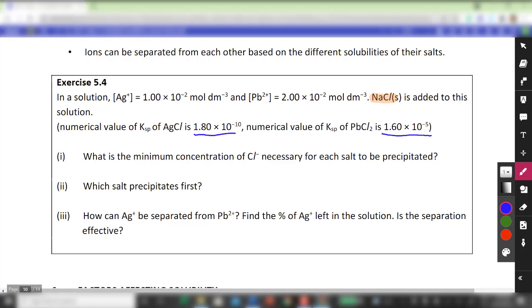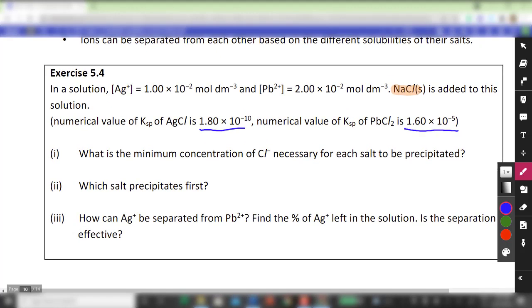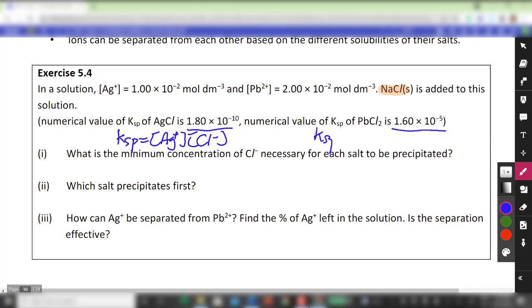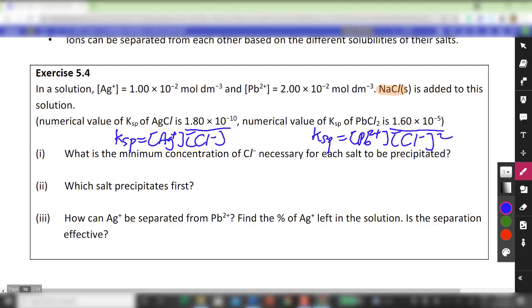Usually the flow of the question serves as a guide to how we should perform our necessary calculations. I think it does help if we can write out a Ksp expression for silver chloride in this case, so as to remind us how it looks like. And then of course for lead chloride as well, so Pb2 plus and then Cl minus squared. Since you are told that the concentration of silver plus is 1.00 times 10 to the power minus 2, you can straight away calculate the minimum chloride